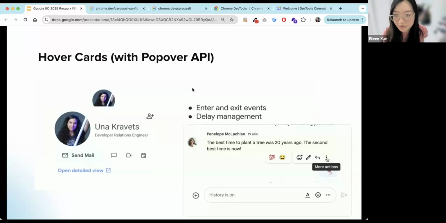But now that the Popover Web API is built into the browser, you don't have to worry too much about that. It's handled by the Popover API. So then you don't have to use JavaScript anymore. There used to be a lot of popular JavaScript libraries for doing popovers and the positioning of the popover, because sometimes you click on an image and you want it to pop in a certain direction. It might not always be at the bottom, right, or at the top. So there's a lot of interesting new web-based tools that make these components a lot easier for us and also less bloated for our applications.